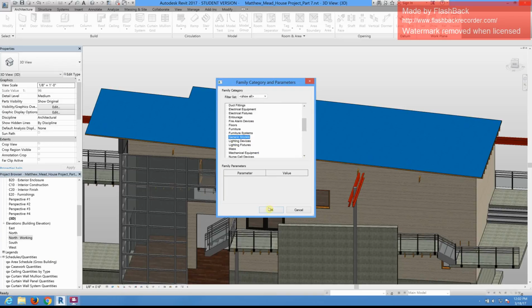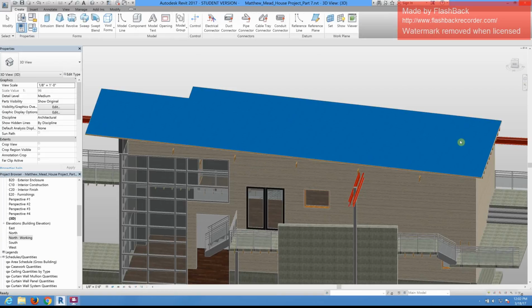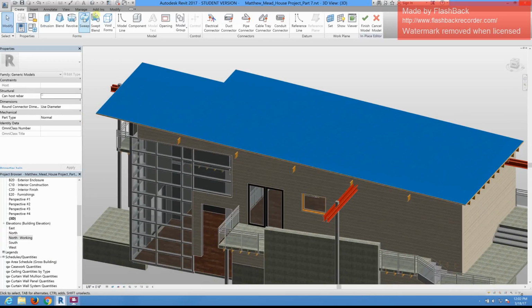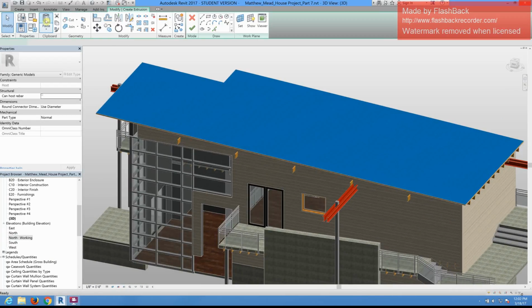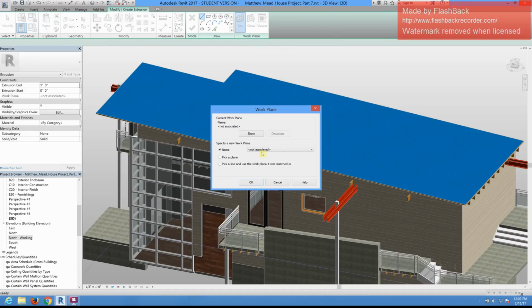Right here, we're going to click on Generic Model, and we're going to hit OK. And we're going to call this Standing Seam Metal Roof. And I'm going to hit OK. All right. And I'm going to start by clicking on Extrusion, and I'm going to set my work plane to